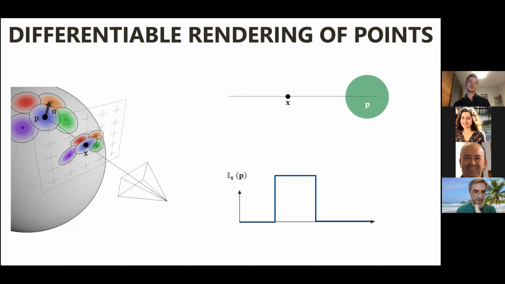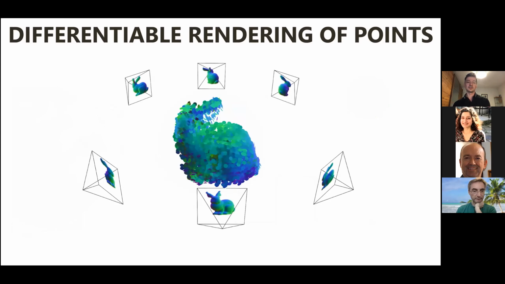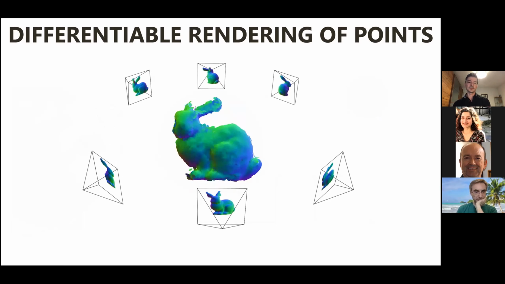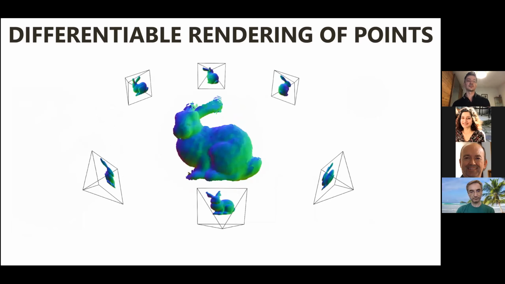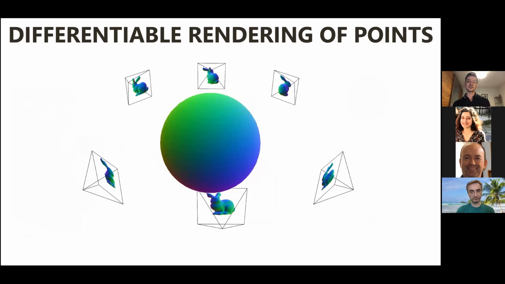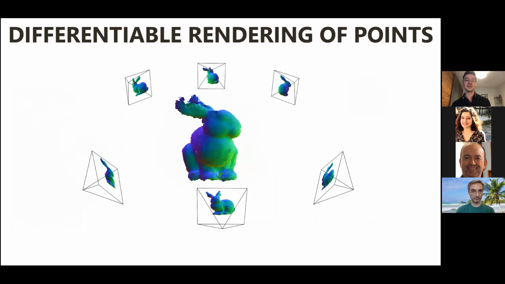But once you somehow approximate it or smooth it out, then what you can do is, for example, given multiple views, optimize for geometries, in this case, point clouds. So this is the essential idea: making the forward process differentiable and machine learnable, so you can invert this process to get back to your scene properties, in this case, the geometry. So this was the rendering box in the pipeline.